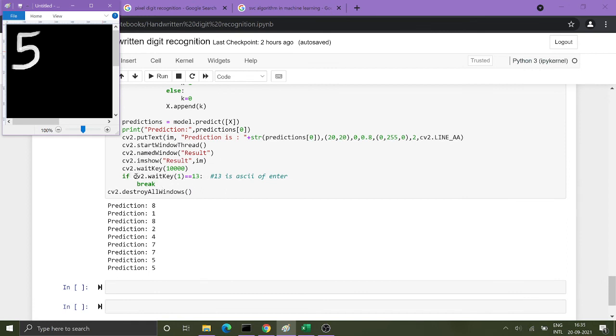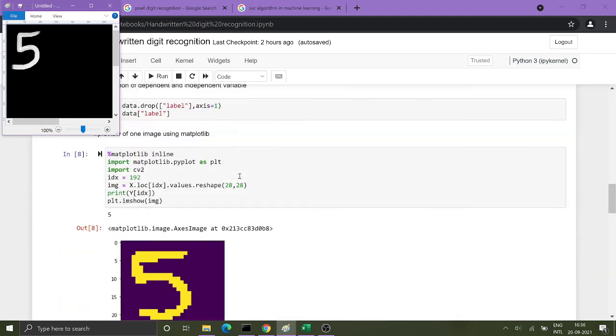Why is enter used? If cv2.waitKey(1) is equal to 13, and 13 is the ASCII code of enter, so if I press the enter button, only then will the window close and the running part stop.